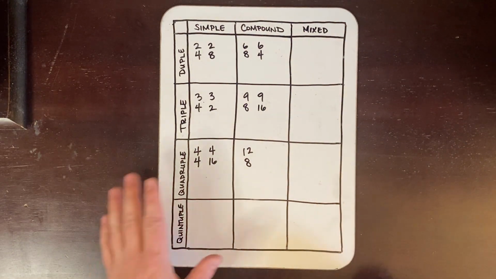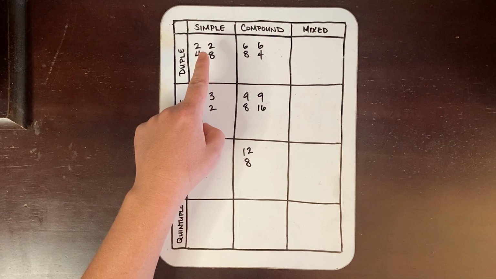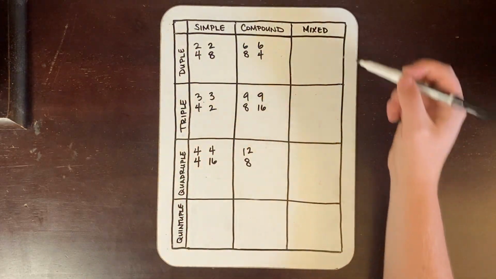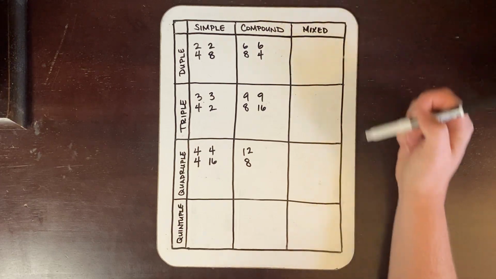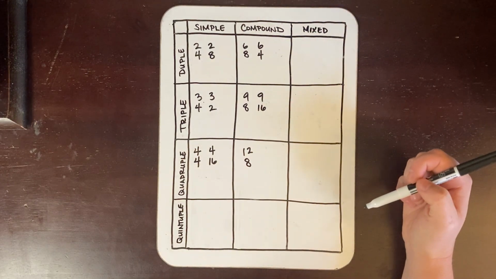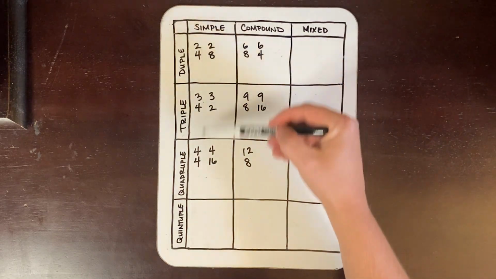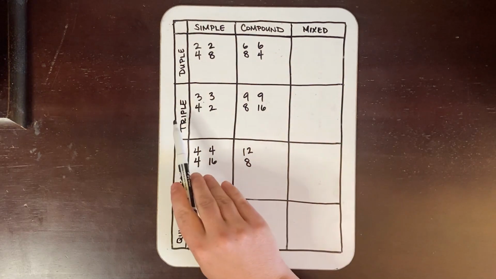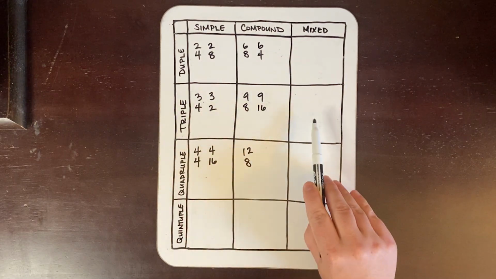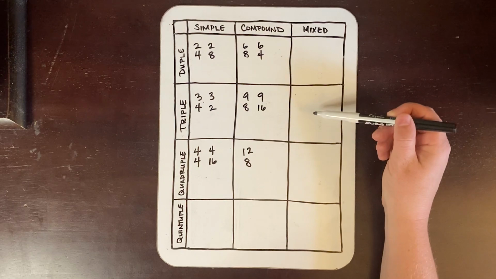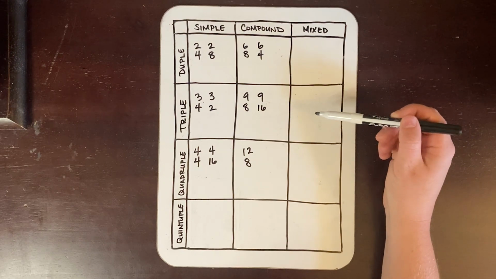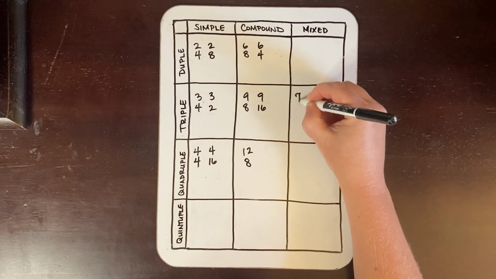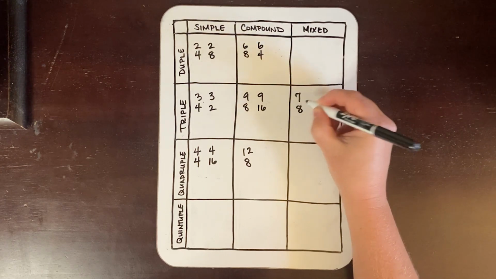So if you look at this chart, you have your simple right here, your compound right here. Now we're going to add a 3rd column, and that 3rd column we're going to call the mixed column or the irregular column, meaning that we aren't just sticking with subdivisions of 2 or 3, we are mixing them up. So with 7/8, we can put that in the triple row because it is a triple meter. It has 3 big beats within each measure, but then we'd have to put it over here in this 3rd column, the mixed column, because it's not just simple, it's not just compound, it's a mixture of both.